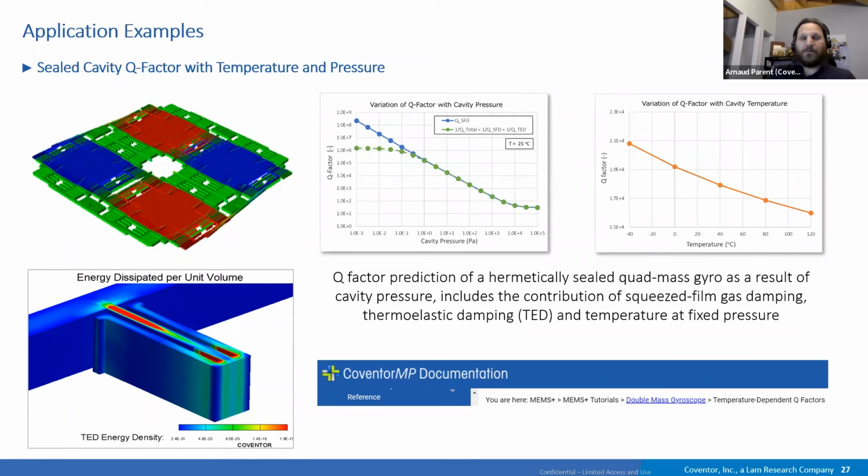And you will later have a link between temperature and pressure. And later in the life of the device, if you change the temperature, you will see the Q factor change here, and it's a study you can do in MEMS Plus. And this time here we are linking temperature and pressure thanks to the temperature and pressure at the time we sealed the device, and how it evolved with respect to the ideal gas law after.